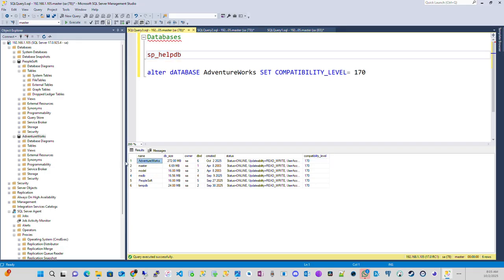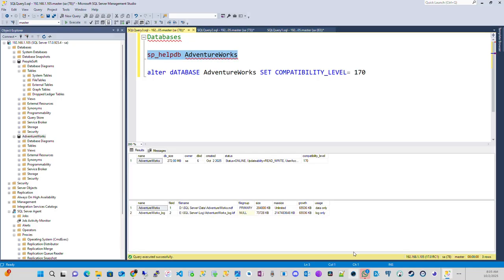But if we just wanted to narrow down to AdventureWorks, then we can just execute the stored procedure and pass the value AdventureWorks, and now we can see exactly what we want to see on AdventureWorks. Now it's going to give us more information. We have the data file location, log file location. The data file is in the primary file group, and it has an unlimited max size. It is having that specified size in terms of its growth